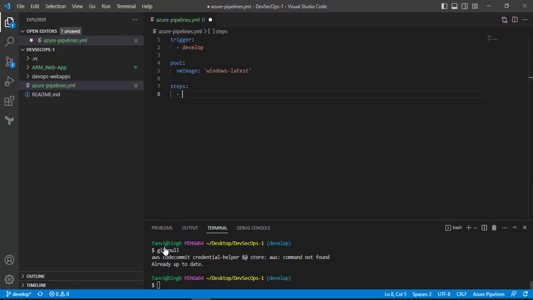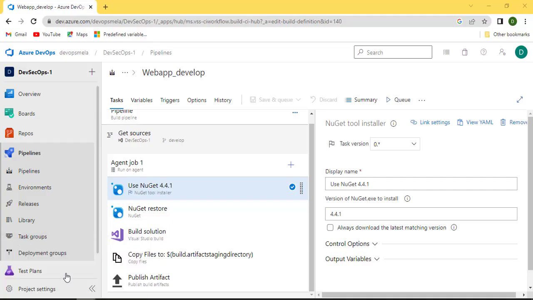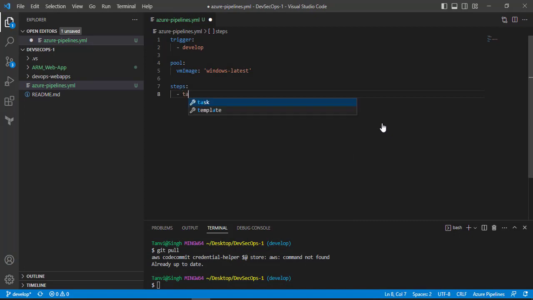What is the first step? Steps is nothing but a list of steps. Your steps has multiple items, correct? First is NuGet installer, NuGet version, building your solution, copying the files, publishing artifact. These are lists. In this, the first one we call a task. These are tasks, guys. Whatever you see over here, these are tasks. At the top you see there's written a task over here. So you need to define the list of tasks. The first task is